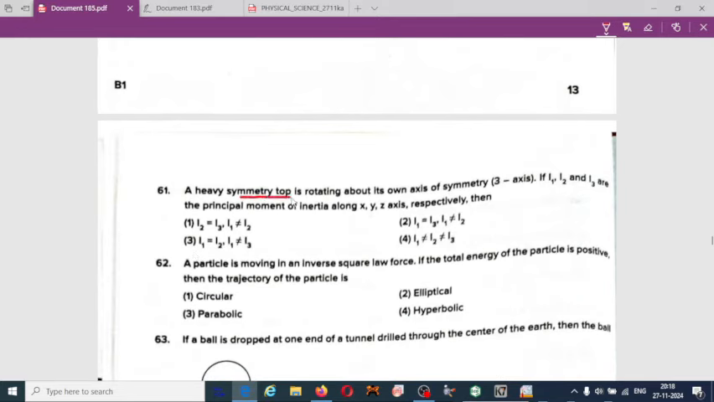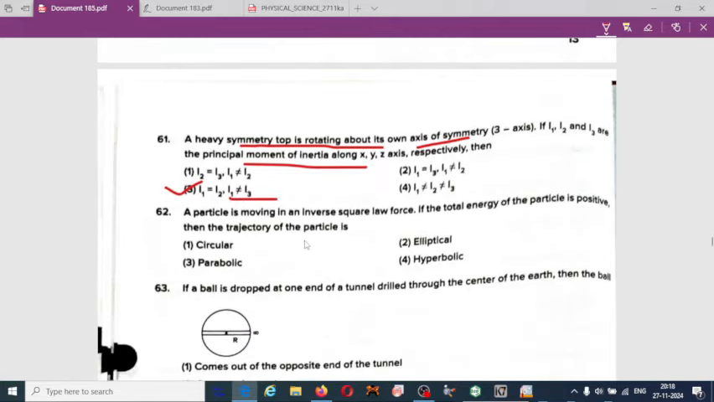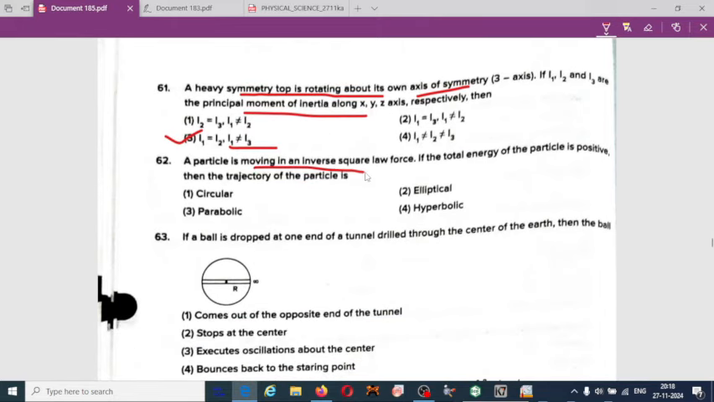A heavy symmetric top is rotating about its own axis. I1, I2, I3 are the principal moments of inertia respectively. Then 61 is option 3. I1 equal to I2, I3 is not equal to I1, I1 is not equal to I3. A particle is moving in an inverse square law force. If the total energy of the particle is positive, then the trajectory of the particle is